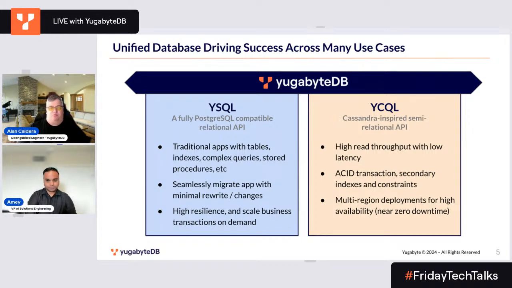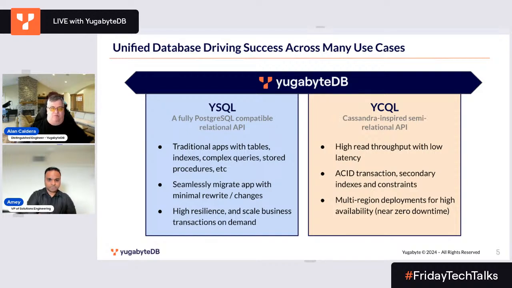So basically what you look at this is as a unified database that drives success across many different use cases. So we all know about Yugabyte YSQL. We've done a number of talks around our Postgres capabilities, but today not many people know about this Cassandra inspired API. And so we have a number of use cases on this, a lot of them being things like systems of record for things like product catalogs and IoT data, as well as serving layers for that data that allow enterprises to serve